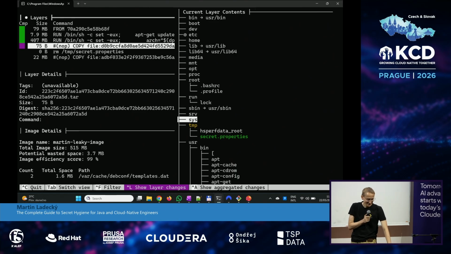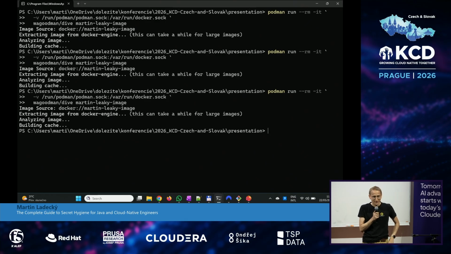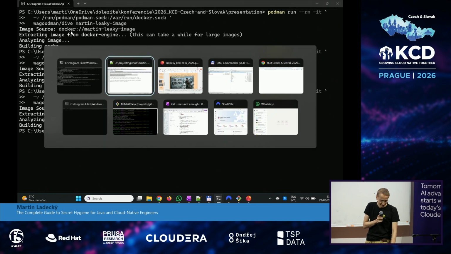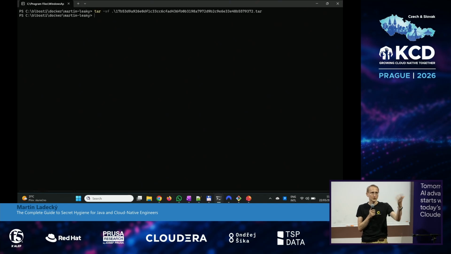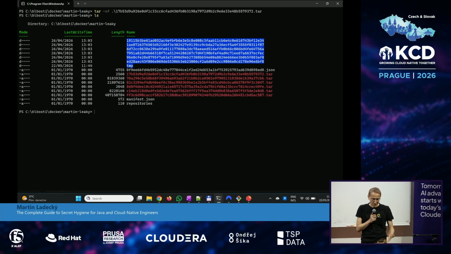How else? And again, what is ugly? You don't need to install anything. As you see, I can run Dive from container. No installation needed. So that's, again, bad for security, guys. And here, when I go a little bit here, you can always download your file as a tar file. Every image can be downloaded. Just simple command export. You have it? Yeah, I didn't show you, sorry. Here. And I have the image downloaded.